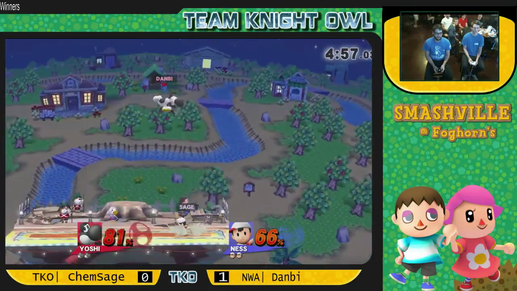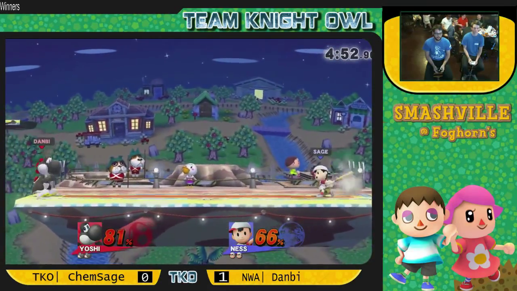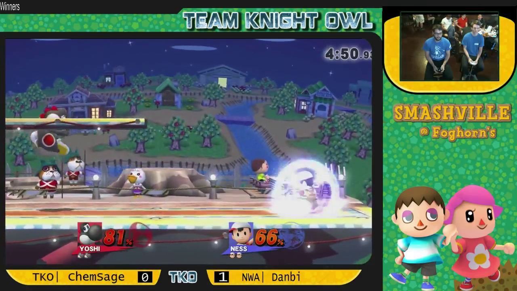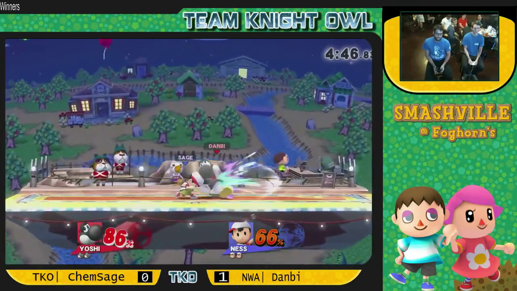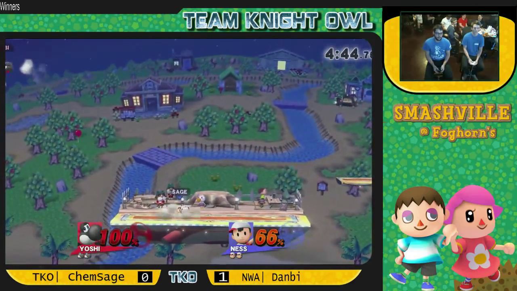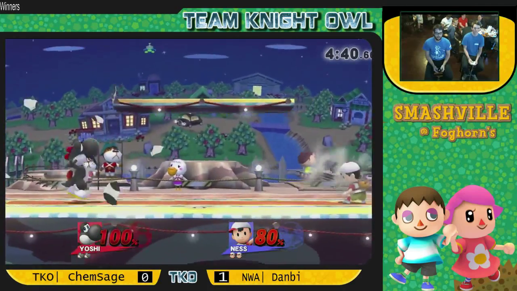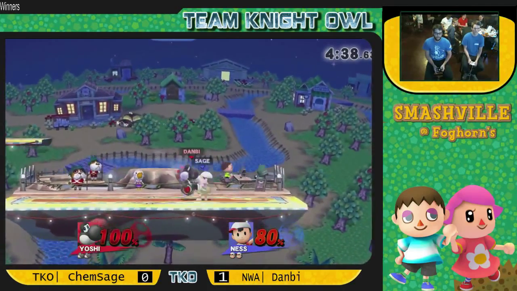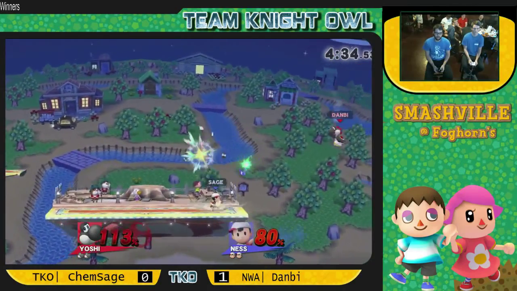Looks like it's pretty much even. Chemsage taking a slight lead over Danbi here. Oh, and he was spooked after he tried to start his side B and got that was a nice read to avoid that down B from Yoshi. Oh, he misses the up B, which is very bad on Ness if you're using it. And you miss. Do we see a back throw here? It's not quite going to kill, but